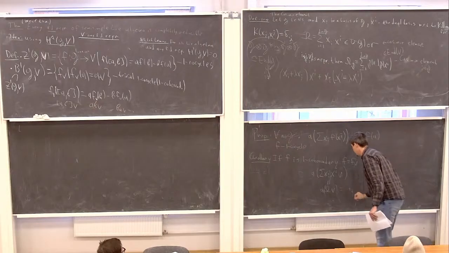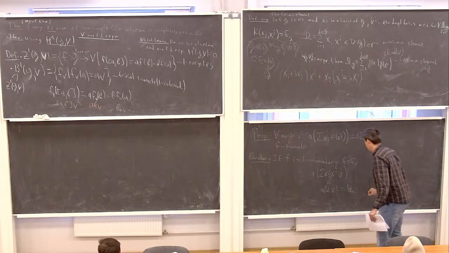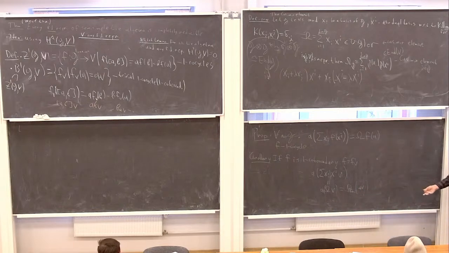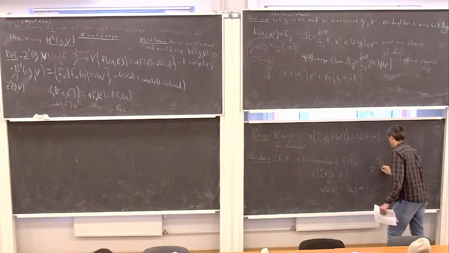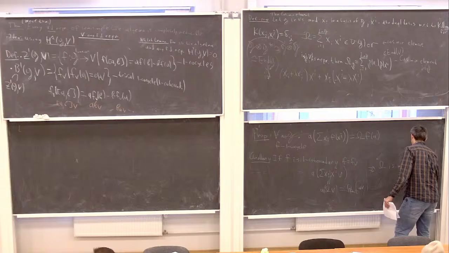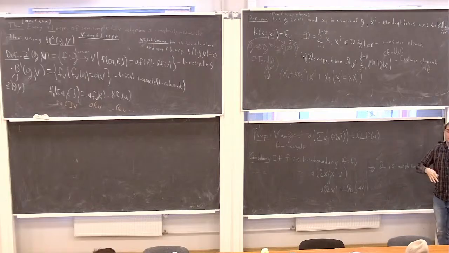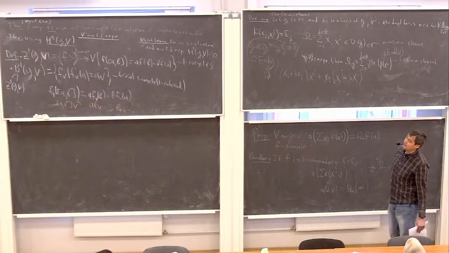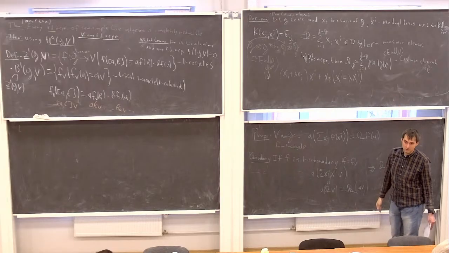Is equal to what? To omega of av. So in other words, it says that omega is a morphism of representation. Therefore, omega is a morphism of v. So this Casimir element is always a morphism of representation. If your representation is reducible, it always acts by a scalar. Or in terms of the universal enveloping algebra, it's an element of the center of the universal enveloping algebra.